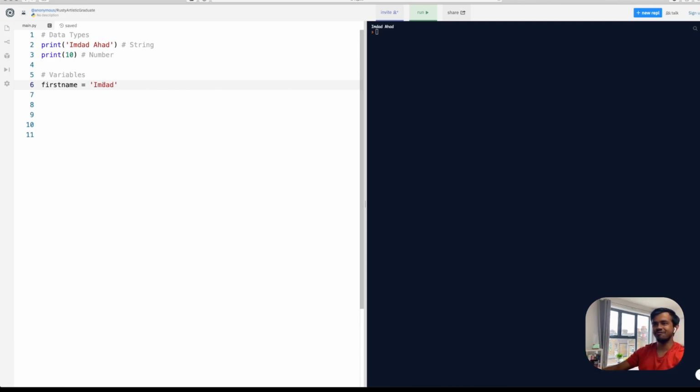You can, of course, type your name if you're following along with the tutorial. And that's it, right? So essentially, a variable is a placeholder, somewhere where you store data so that you can access it later on. So to declare a variable in Python, you write out the name of the variable, the thing you want to call it. You can call a variable whatever you want, you can case it however you want, but in this case, I'm just keeping it lowercase. You put the equal sign to tell Python, okay, I'm going to set this variable equal to some value. And in this case, I'm setting it equal to my first name, which is wrapped in single quotes to indicate to Python that this is data of the type string, right?